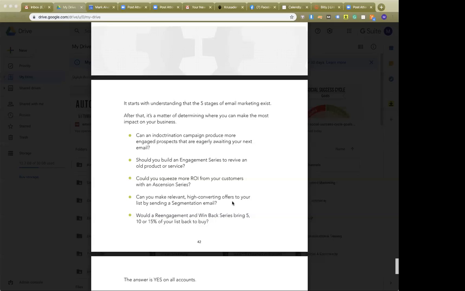Would a re-engagement and win-back strategy bring 5, 10, or 15% of your list back to buy? It can, if you offer the right product or service. So you want to drive more traffic to the website. If you can present it in a way that builds value, and treat it like an ascension email, building value on whatever you sold to them previously, you can win them back.